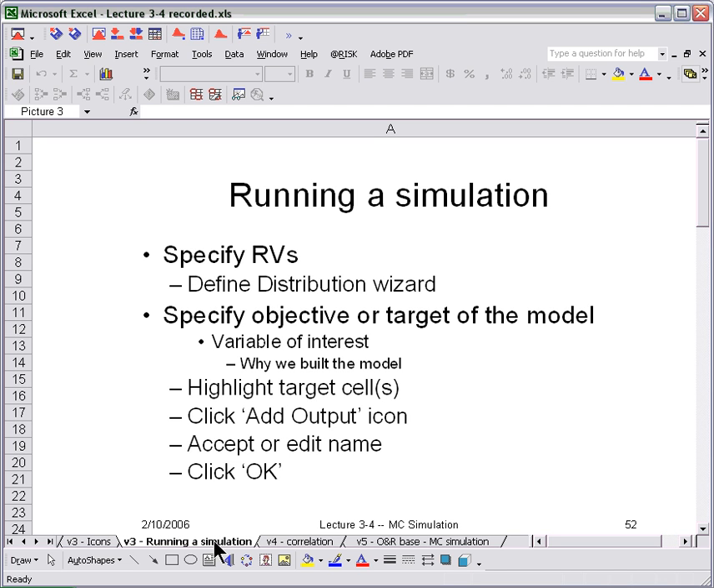Running the simulation, the first thing you do is specify random variables, and for that you use the define distribution wizard or type them in. Then you have to specify an objective or a target variable, and you have to make darn sure that your random variables are feeding into that target variable, or when you run a simulation you're going to get a very strange result. To set the objective variable, you highlight the targeted cell, you click the Add Output icon, and then you